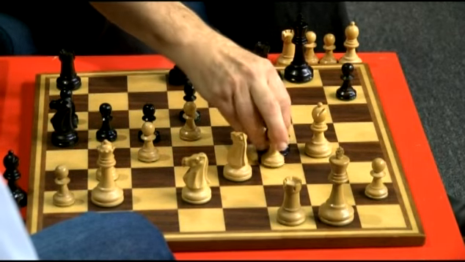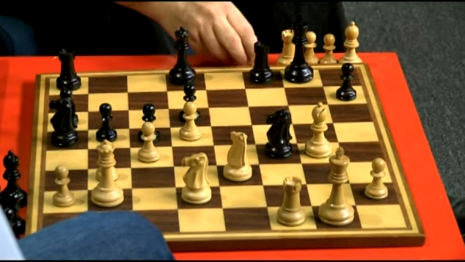Knight takes F4. That's what he did. Okay, and what did Petrosian do now? He's going to give up another exchange. He gives, because now